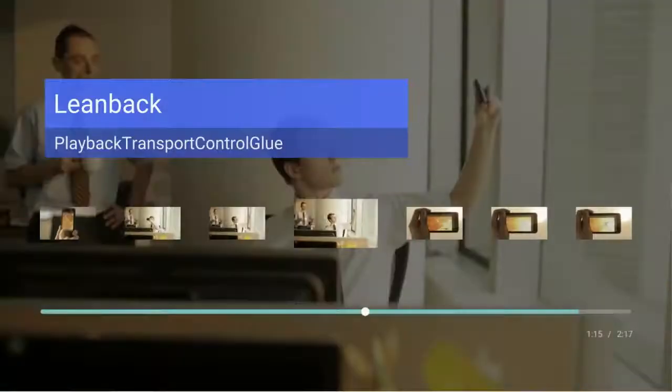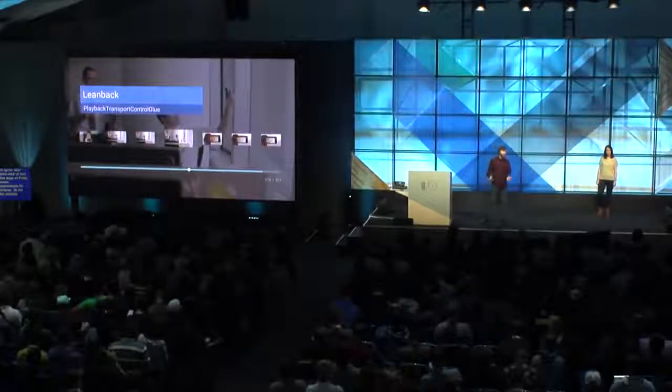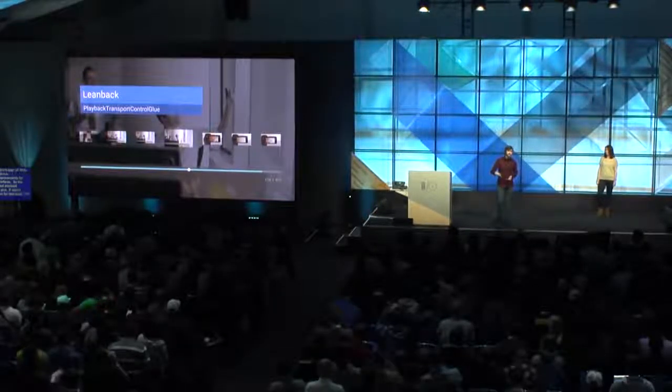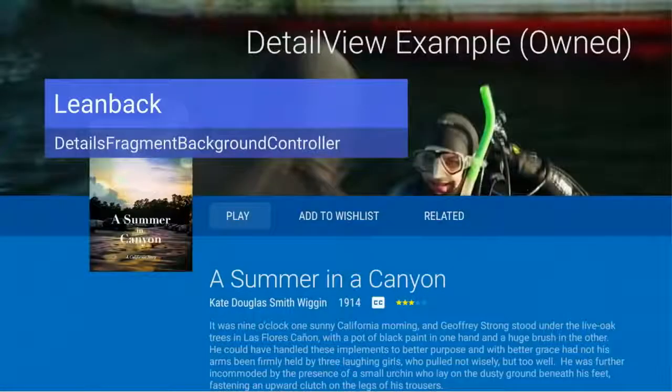We've also made some improvements for developing TV interfaces. So the Leanback library has added Playback Transport Control Glue, which adds a seek interface for videos. And if you're writing an interface for Leanback, this is probably something that was painful to do yourself. So we have a prepackaged seek with preview. And we're also allowing you to embed a video view inside of a detail fragment. So if you're writing something for browsing media, and you want to be able to play that media inline while you're showing people the description of it or the ratings of it, that's now very simple to do with